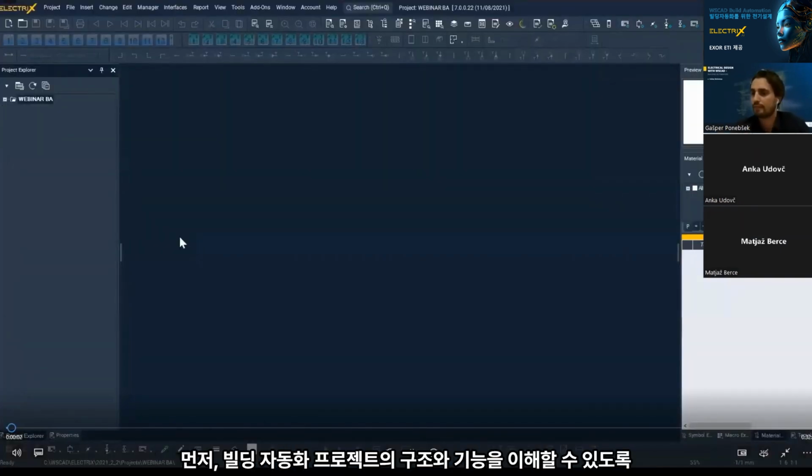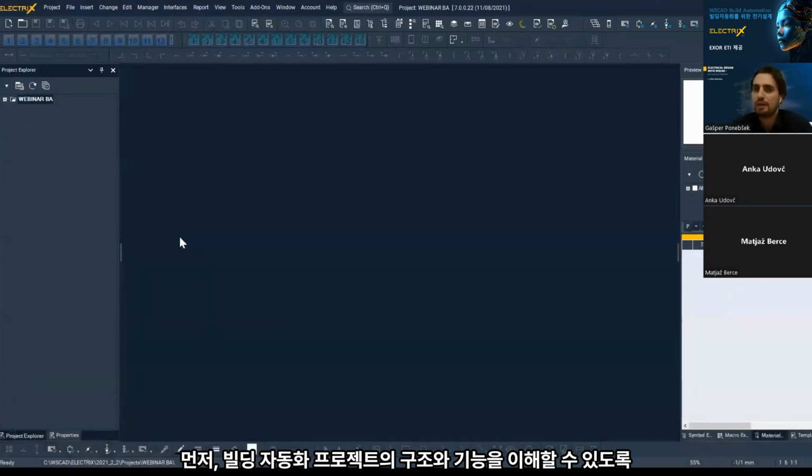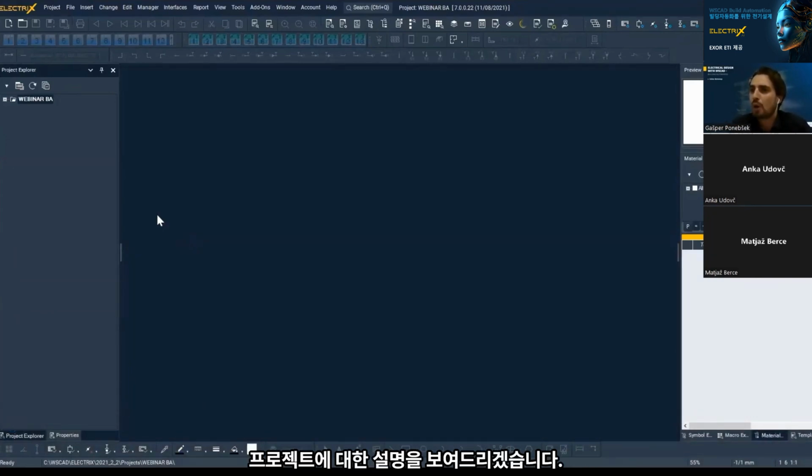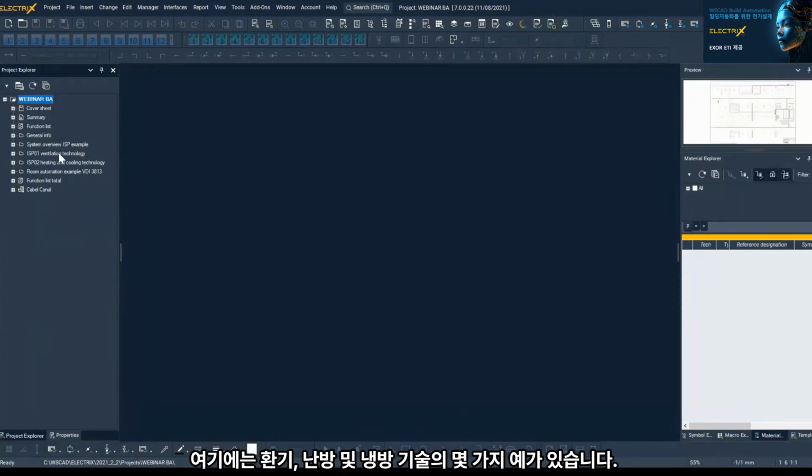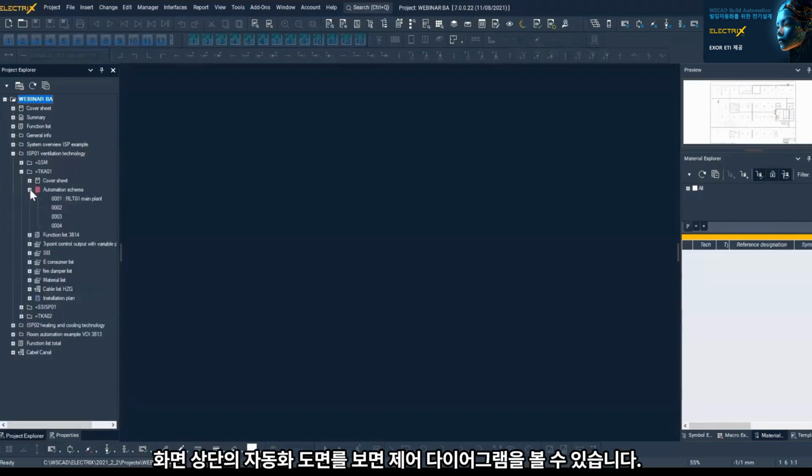Okay, like this. So first of all, I would show you something about our project in building automation. So here we have some ventilation and heating, cooling technology. Then we have a room automation example. So if we open the ventilation technology and we go to some automation scheme,